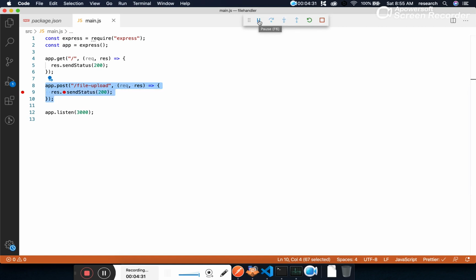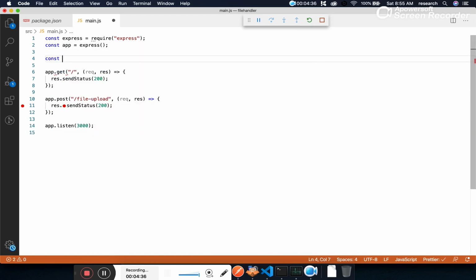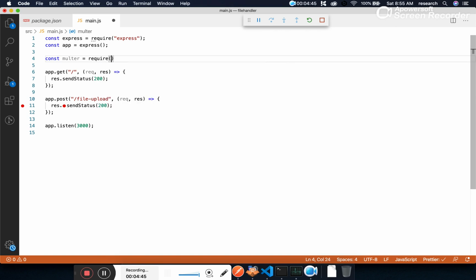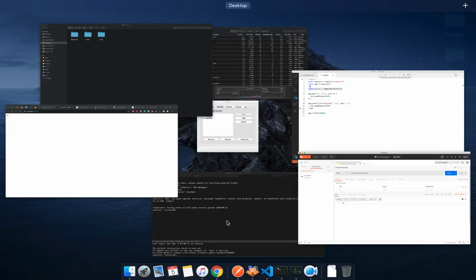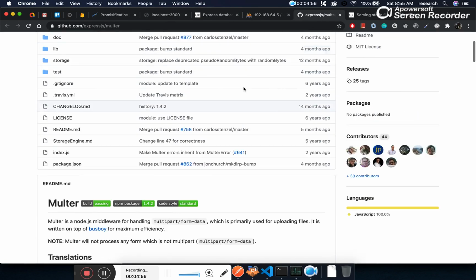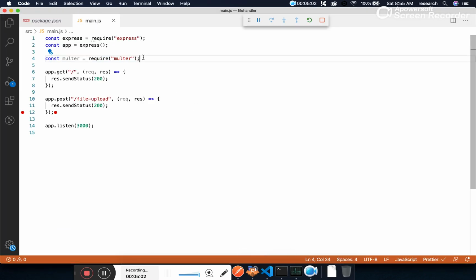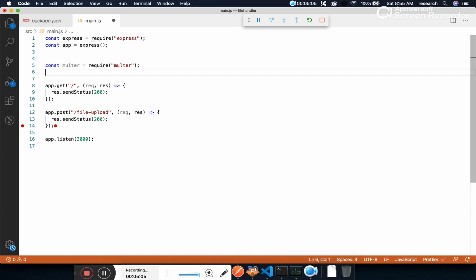So now the actual task begins. To upload an image, the main library, the module we are going to use is Multer. Require Multer. This is the external module which we are going to use. If you want to read about it, this is the documentation. Okay. While using the multer module, one of the very important things is that we have to specify where we want to upload those images.